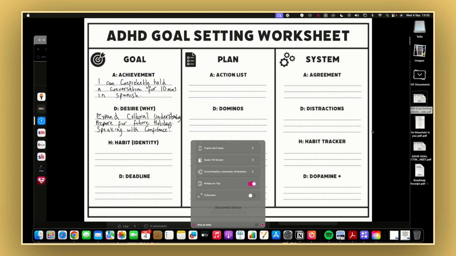And then there's a habit. H is for habit. Habit is an identity that you are going to shift, and you have to model someone who is already where you want to be. So if I look at my situation, for example, I'm going to take it away from this Spanish thing for a moment. I want to create content on YouTube, right?